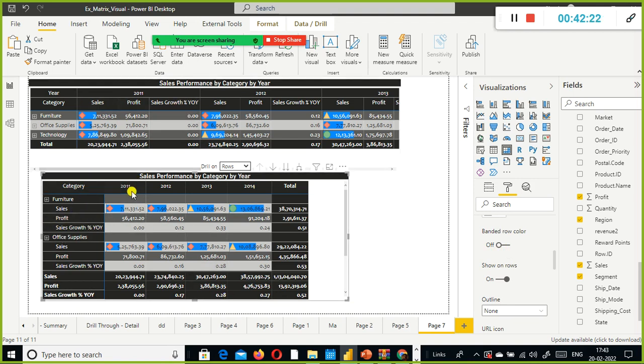Now with this you are able to see 2011, 12, 13 and 14. So at a glance you can see the sales, we are doing a good job in the furniture category, and here also, okay, good, but probably we can enable the data bar for this also. But by eyeballing this, we can make out in 2013 the sales growth was good compared to the other years. Compared to all the 4 years, in 2013 we were able to see a remarkable increase in the sales, but in 2014 there is a decline in the sales. Okay, that is what we can make out.